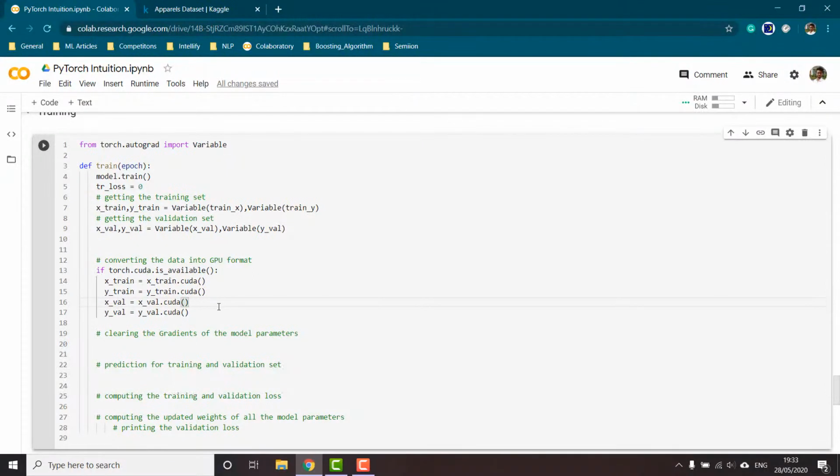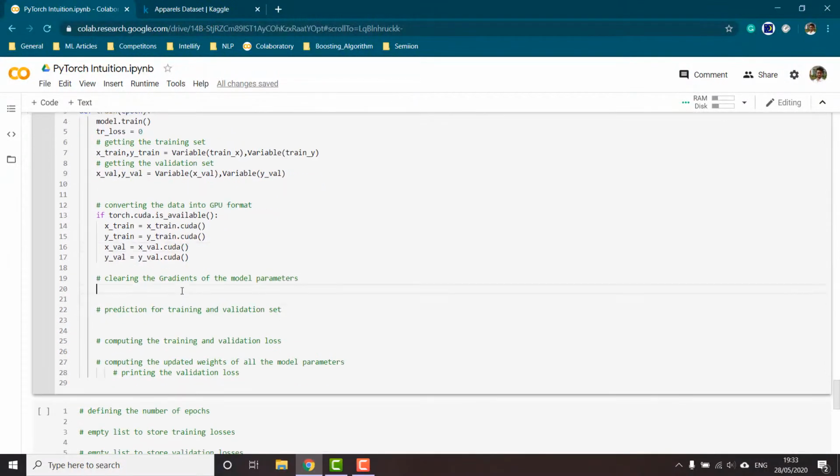So once we are done with this process, now let us train our data. First we will be clearing the gradients of the model parameters. So for this we would be calling optimizer.zero_grad. So first we would be clearing the gradients of our model, and then for prediction for our training and validation set, I would be calling output train, which will be equal to model, which is our CNN, and then inside of it our data X train.